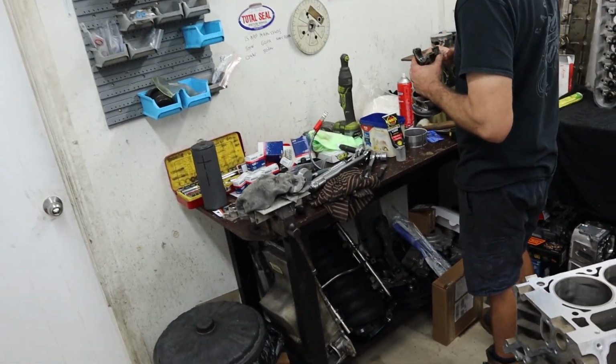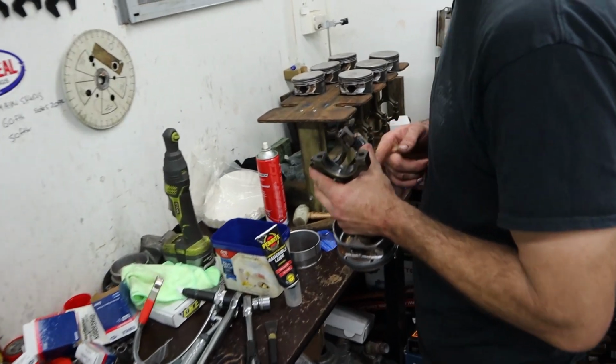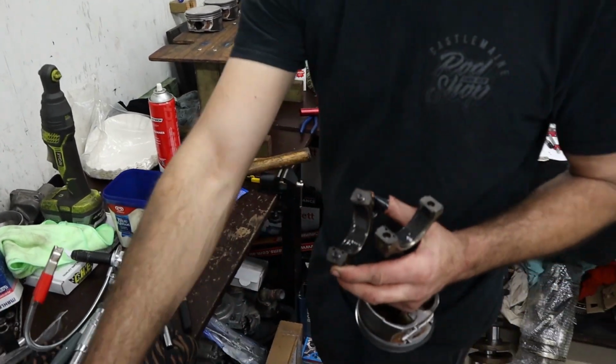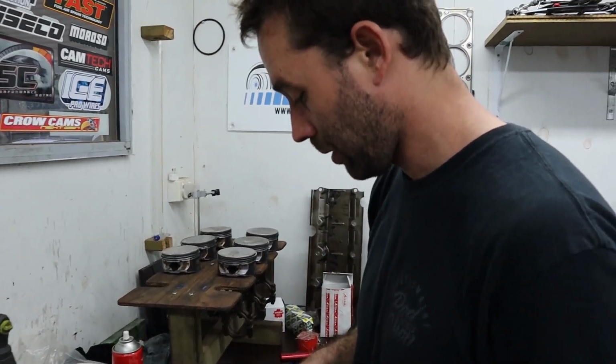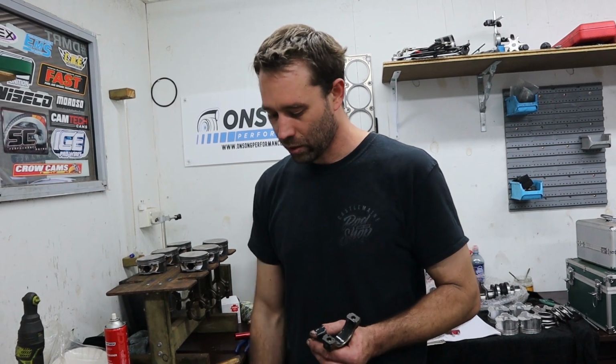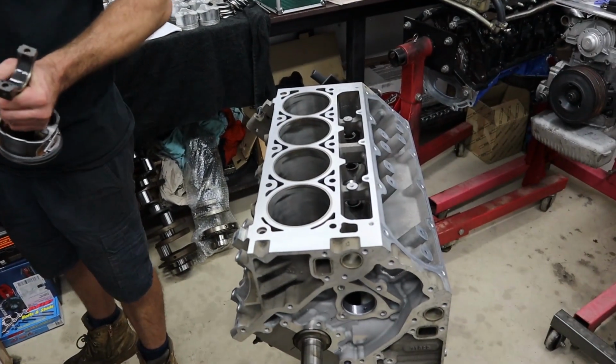It's plenty strong enough and keeps things within a reasonable price. Well, yeah, LS rods are a broken cap design. You can't resize them anyway. The other thing's cost. A set of GM main bolts is like under $100 or something, isn't it? And ARP main studs are friggin' $500-600. It's a huge expense when it's...